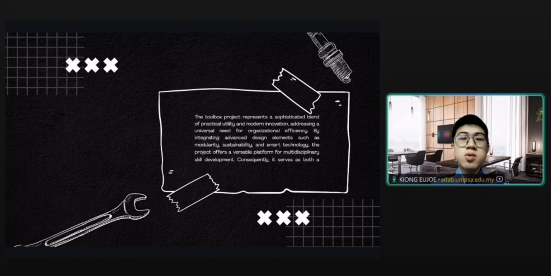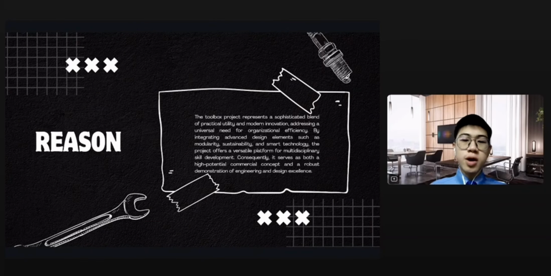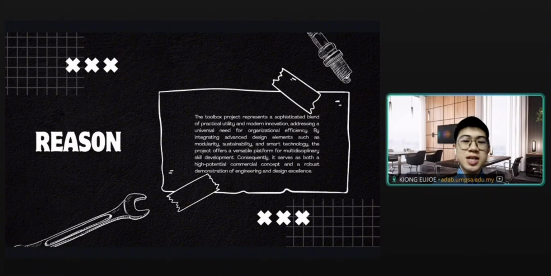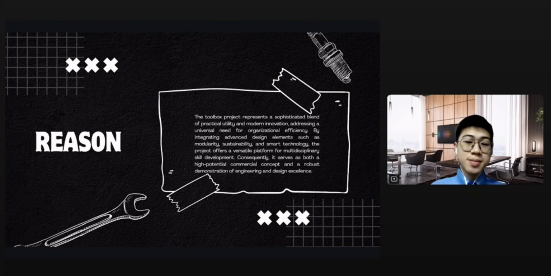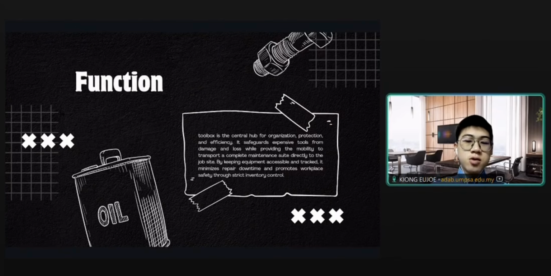The reason why we chose Toastbox as our project is because Toastbox focuses on making organization easy by combining everyday use with new ideas. By adding features like adjustable parts, eco-friendly material, and smart tags, it shows strong engineering skill and a great design. And the function of the Toastbox is a tool for keeping equipment safe, organized, and